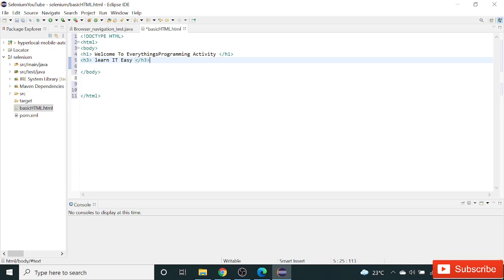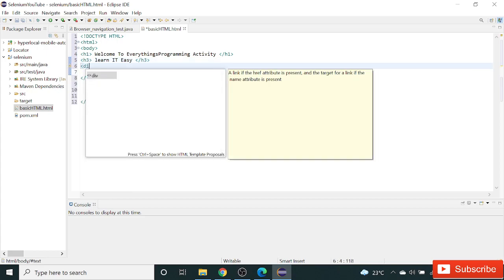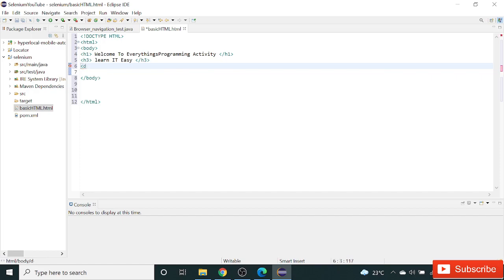Let's add a div tag, and inside the division, add links, which can be added by using the a tag.